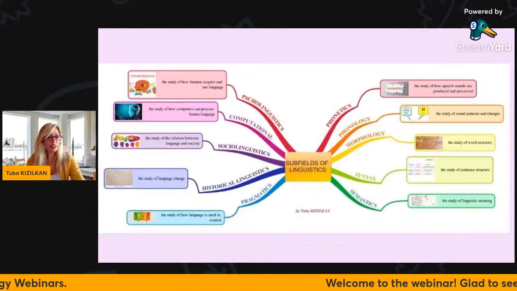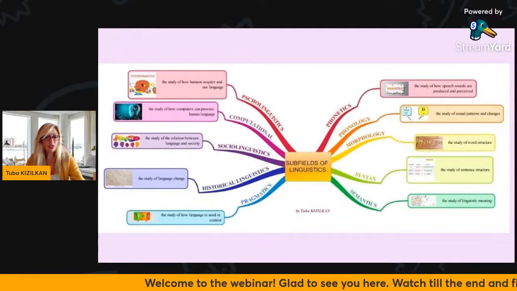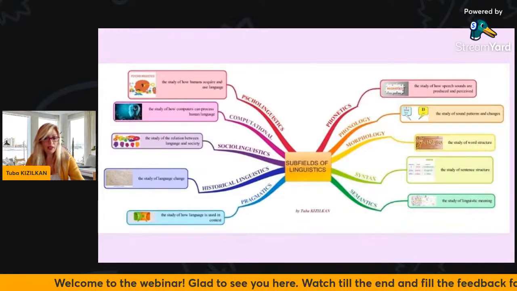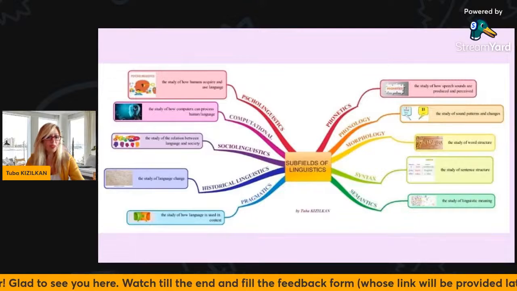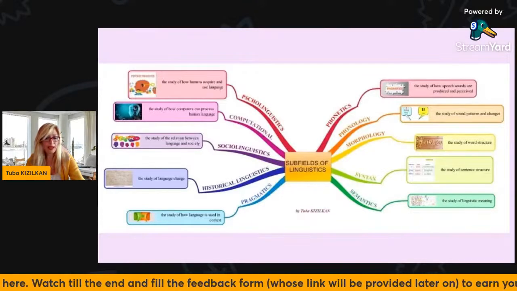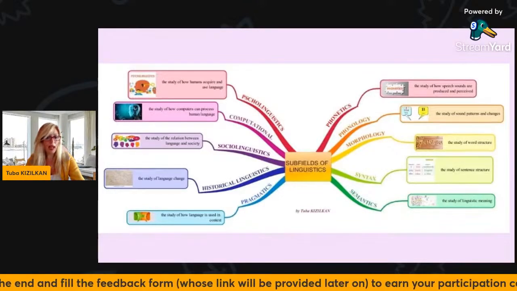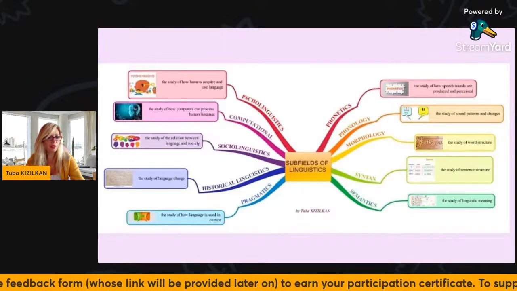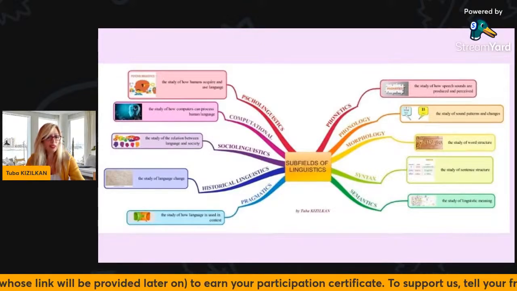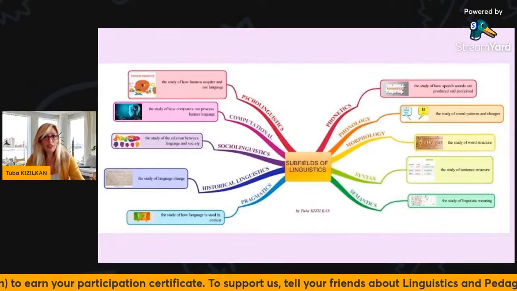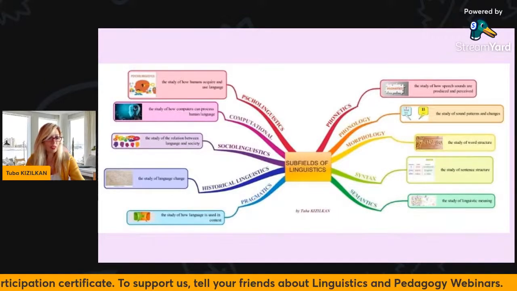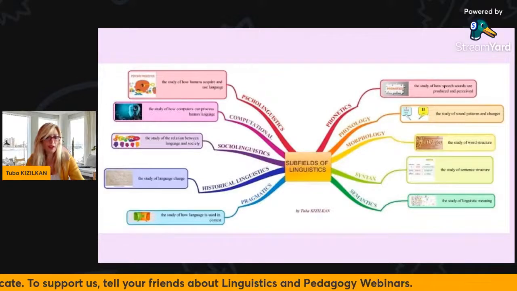Sociolinguistics is the study of how language is used in society, addressing such questions as what makes some dialects more prestigious than others, where slang comes from and why it arises, or what happens when two languages come together in bilingual communities. And we can also mention psycholinguistics, the study of how language is processed in the mind,